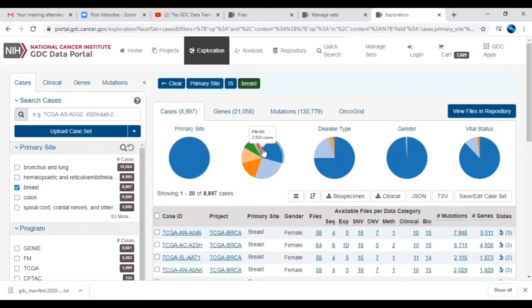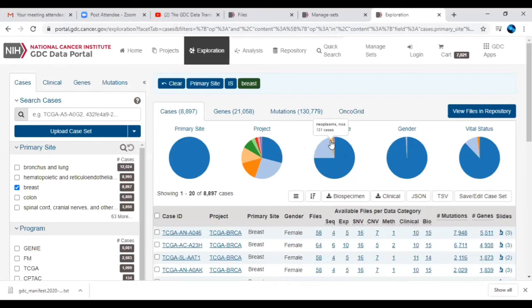So how many projects, what are the projects, and what are the disease types? For example, breast cancer has several subtypes. Based on their subtypes, how many cases have been registered. Very nicely you can get the cancer type and their subtypes and how many cases they are showing. We can see for ductal and lobular neoplasms, they have 6,670 cases available. Like this, for epithelial neoplasms, they have 1,850 cases available.